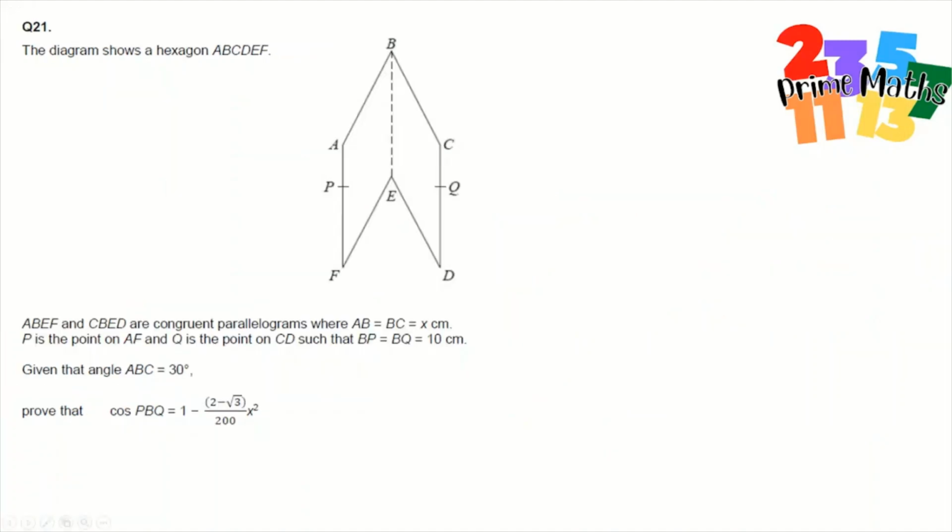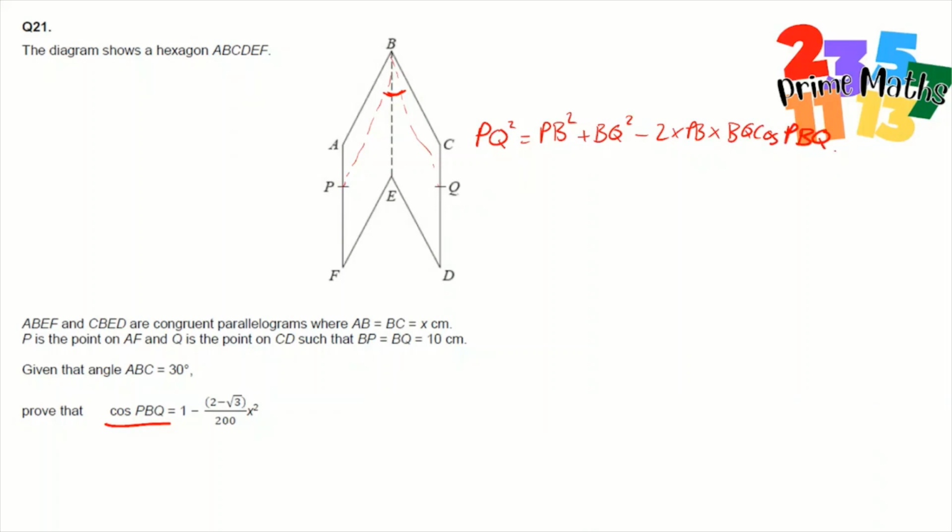The next question is another proof question. This time we have to find an equation for cos of PBQ. If I draw a line from P to B and B to Q, cos of that angle is the angle here. We know we're going to have to use the cosine rule, and we can see from the cosine rule that PQ squared is going to be equal to PB squared plus BQ squared minus 2 times PB times BQ times by cos of our angle, which is